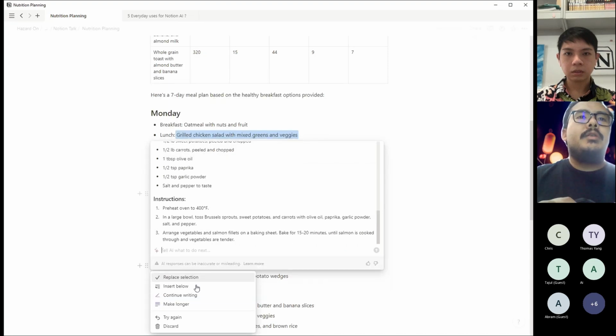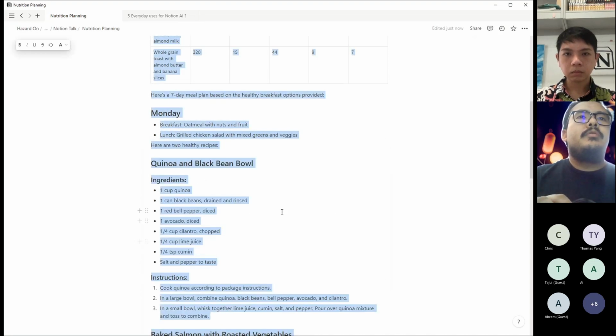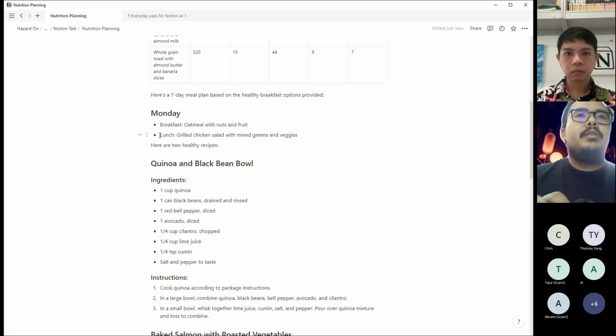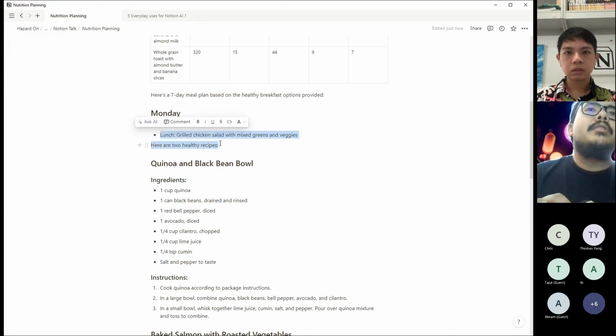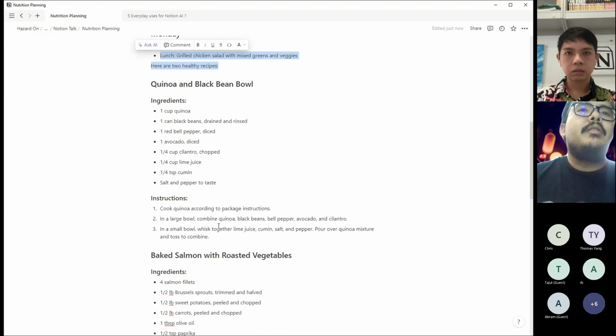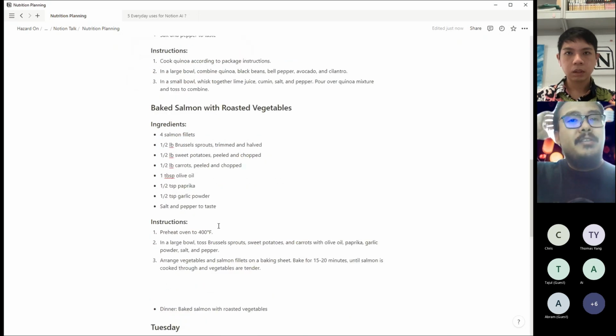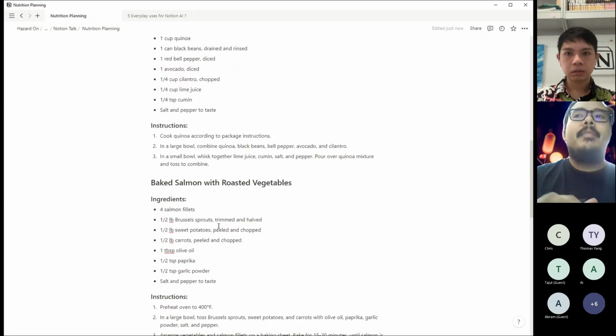You can make a page or just insert below. So from this lunch, like, okay, I like this lunch, so you can have two recipes right here. You can't do that with ChatGPT now, I think. So it's all in one place, so it's easy.